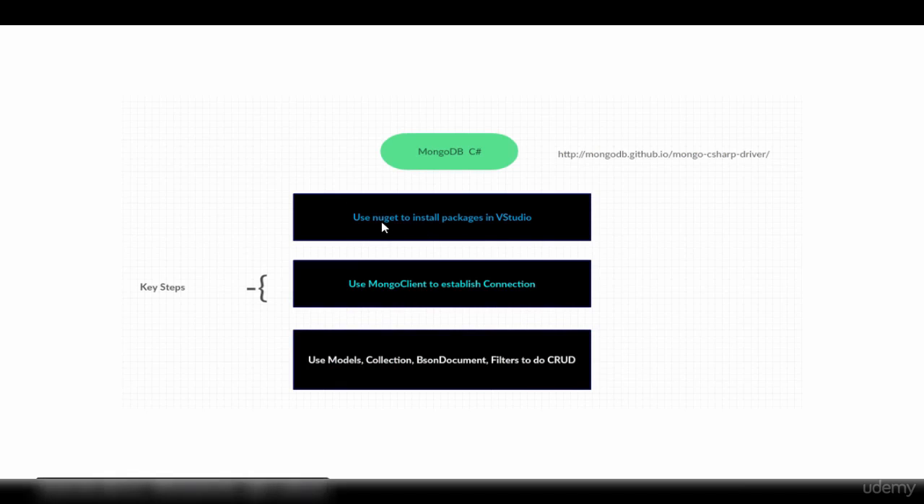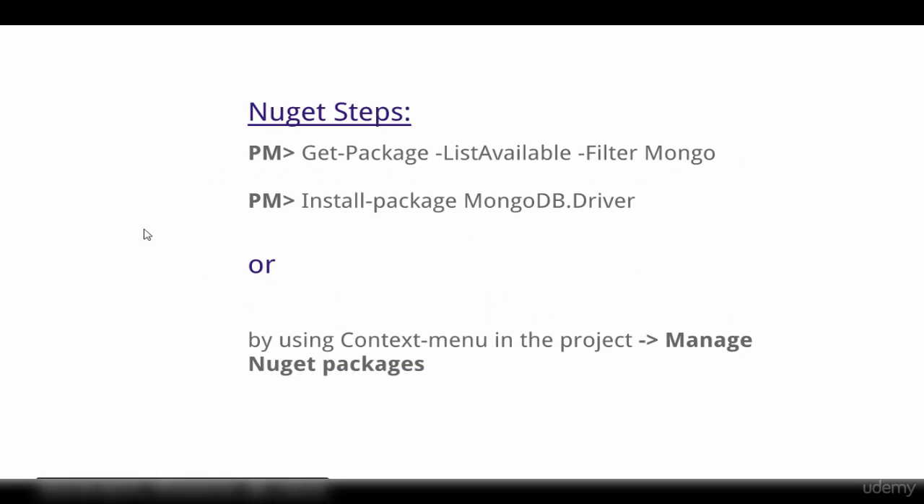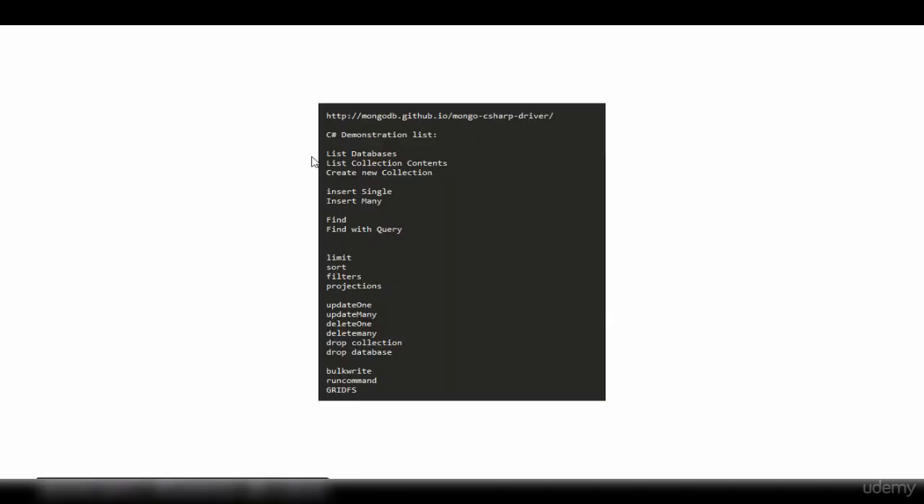C# with MongoDB. This is a fairly easy process. The API is very clear and concise. These are the key steps involved. The first step is to install the package, that is the MongoDB driver, using NuGet in Visual Studio. The second step is to use the MongoClient class. This is used for connection. The third step is to use one of these classes, models, collection based on document filters, to do the CRUD